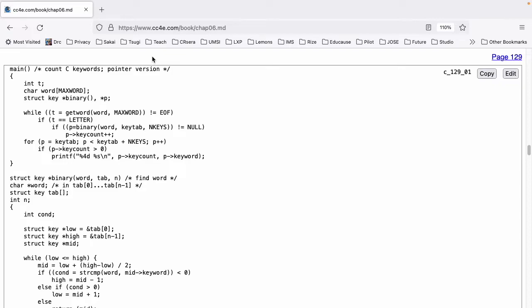Pointer version of counting C keywords. main() { int t; char word[MAXWORD]; struct key *binary(), *p; while ((t = getword(word, MAXWORD)) != EOF) if (t == LETTER) if ((p = binary(word, keytab, nkeys)) != NULL) p->keycount++;